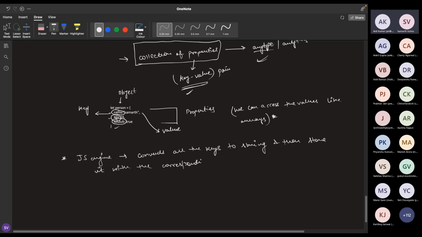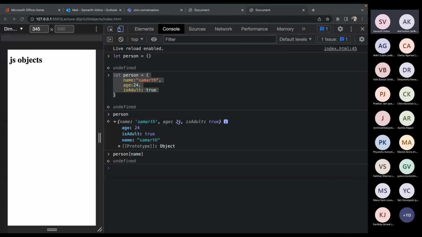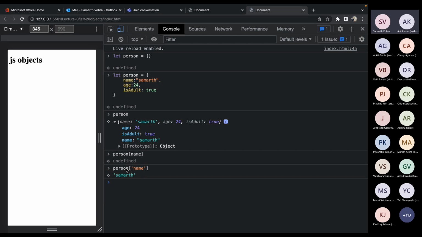So that's why when I was trying to access it with just name, I was not able to do it. But if I simply write this name inside a string, then yes, it is now accessible,